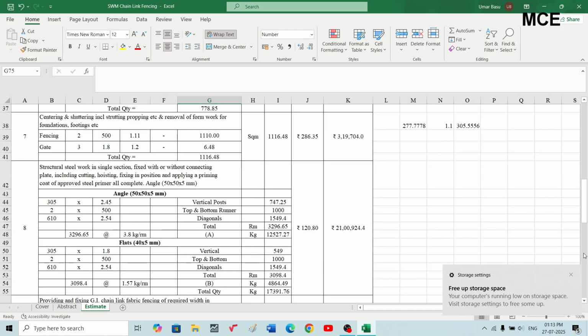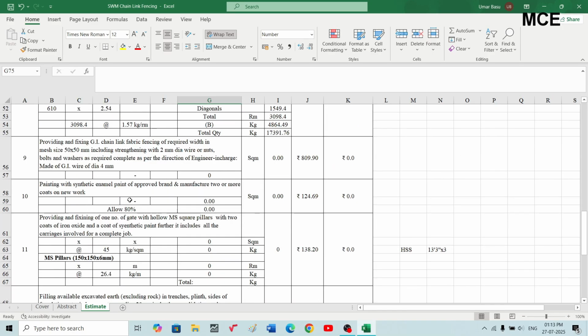Okay, so this item is measured in square meters. So again its length will be 500, that is 1 is the number, 500 is the length, and height for this item is 1.8 meters, that is 6 feet. Okay, so total square meter is 900, 500 into 1.8, which is 900 square meter. Okay, 6 feet. The rate for this item in SOR is 809.90 per square meter. So total will be